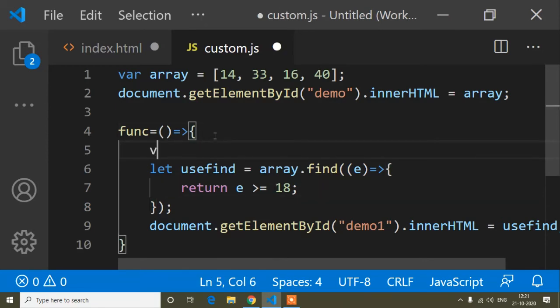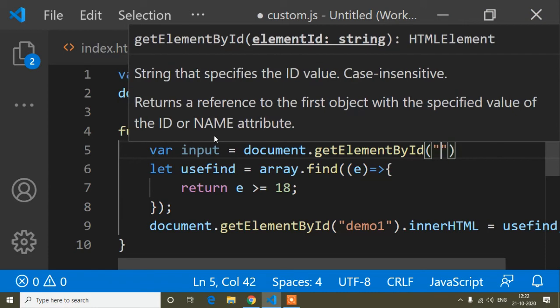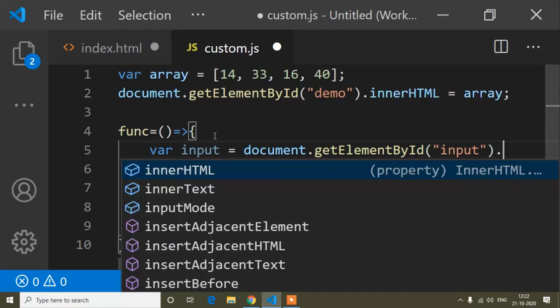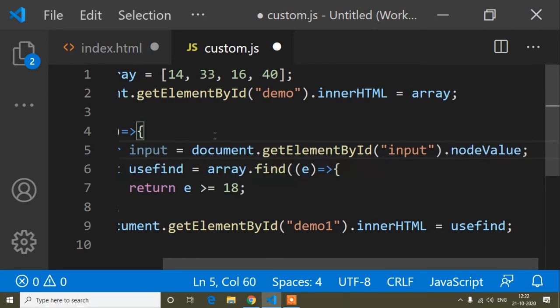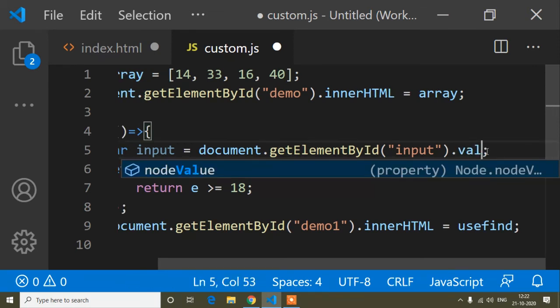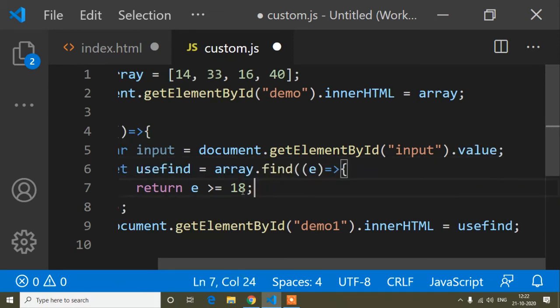For that I will write a variable input equals document dot getElementById, and the ID is input dot value.